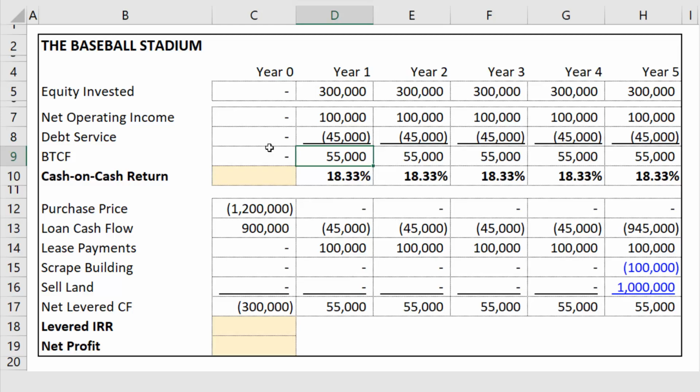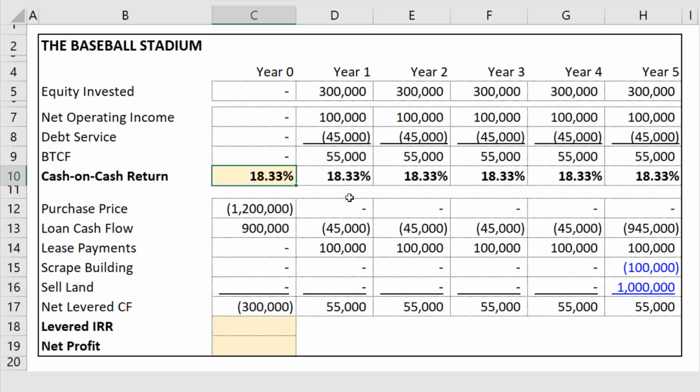You divide that by your capital invested to date, and you get your cash on cash return in each of your analysis years. Now, at first blush, this looks like a pretty good deal, right? If we look at the average cash on cash return per year, 18.33% a year. And you go, wow, if this was the only metric you used, this is a deal that you'd do.